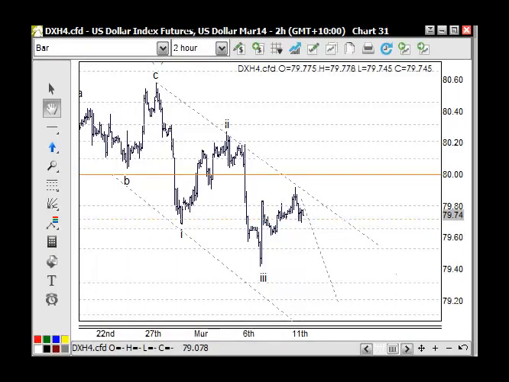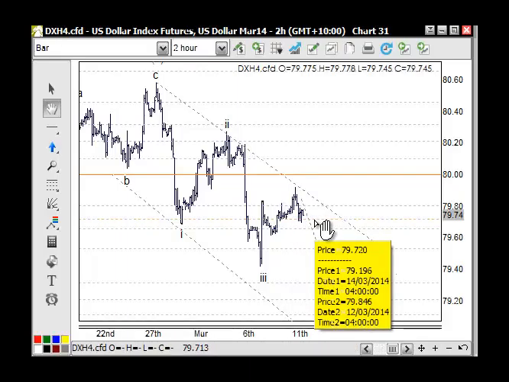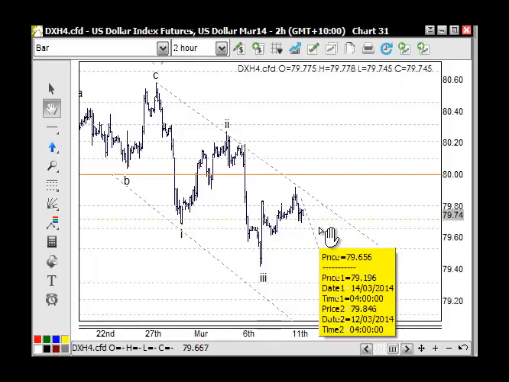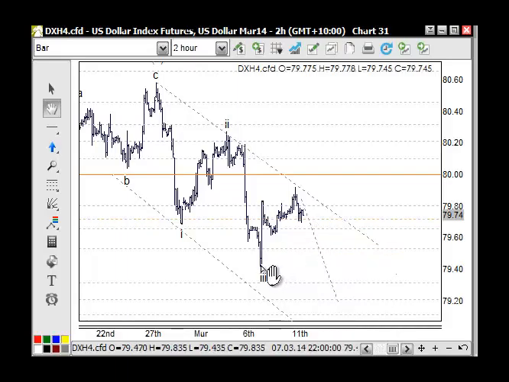Welcome to the FX, and here we're looking at the US dollar. If you remember, we were looking for three waves to the upside in terms of an A, a B and a C wave, and that seems to be in place. The breaching of this orange line here, the 79.72, would confirm that high being in place, especially as a retested resistance. And if you're looking to short, then the 79.65 here as a retested resistance for adding positions as well, and we'll be looking for a target below this wave 3 here as such,